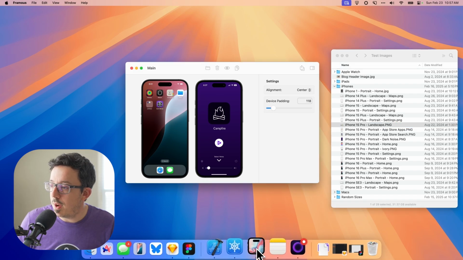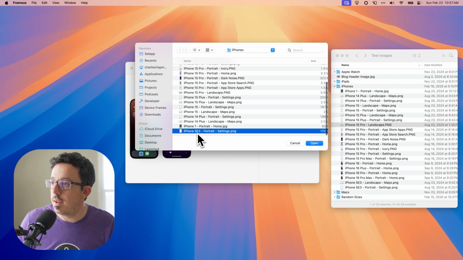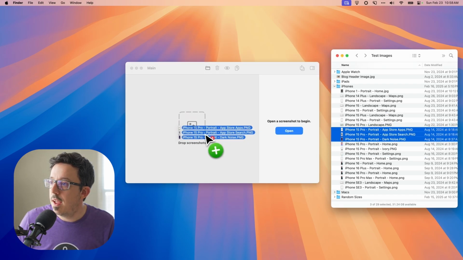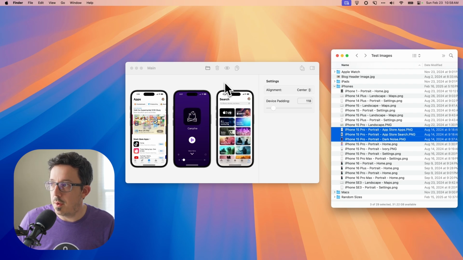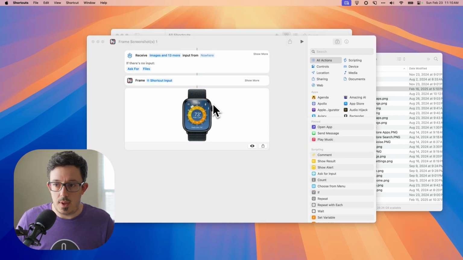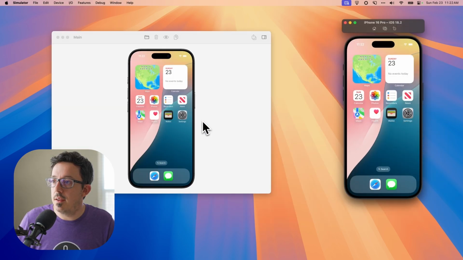I can find my app and drop it in, boom, has device frames. File open, so let's do an iPhone SE, boom, device frames. Select 3 of these and drag them in, boom, device frames. Shortcut support. Hit open, boom, has a frame on it. So I can just hit that button right there and I can just drag it in and boom, has a